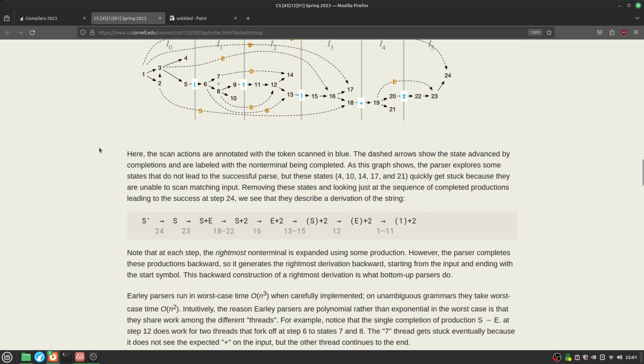Okay. Here, the scan actions are annotated with the token scan in blue. The dashed arrows show the state advanced by completions, and are labeled with the non-terminal being completed. As this graph shows, the parser explores some states that do not lead to the successful parse, but these states, 4, 10, 17, 14, 21, quickly get stuck because they're unable to scan matching input. Removing these states and looking just,